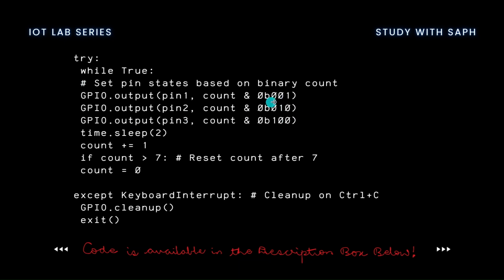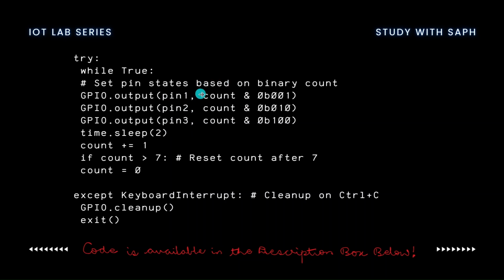Each of these values, 001, 010, 100, indicates the condition of a particular LED. 001 indicates the LED at the LSB position, 010 the middle position, and 100 the LED corresponding to the MSB. Another way of looking at the correctness of this is pin 1, pin 2, pin 3, and